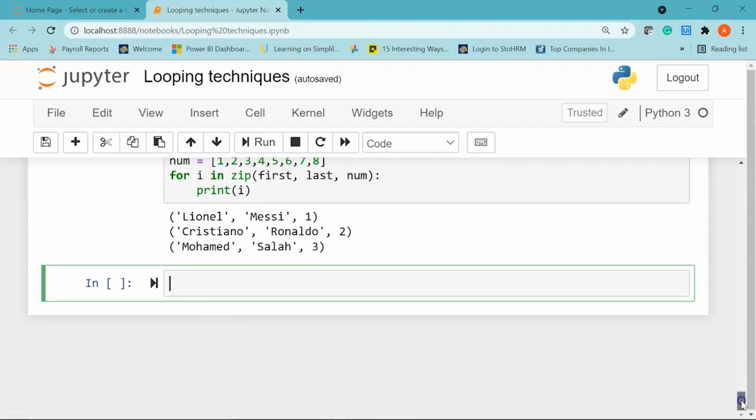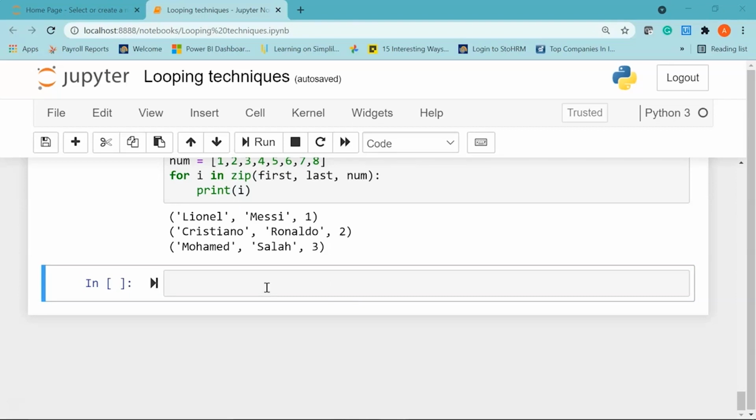Now coming to the final section of this demo on looping techniques in Python, we'll explore zip_longest. Python's itertools is a module that provides various functions that work on iterators to produce complex iterators. An iterator in Python is an object that can iterate through sequence data types such as list, tuple, string and so on.